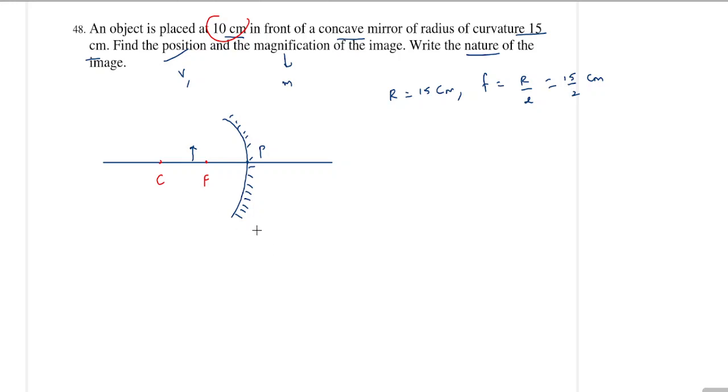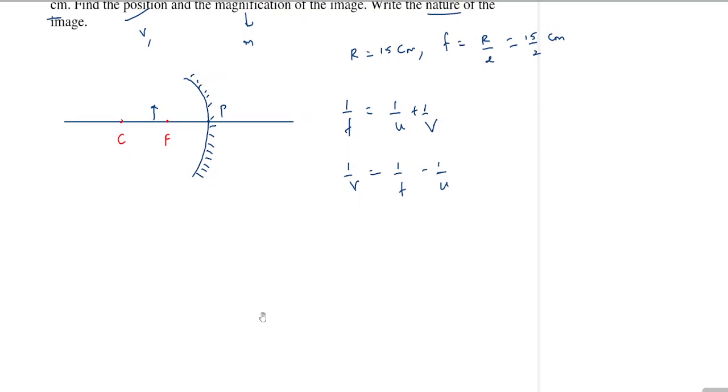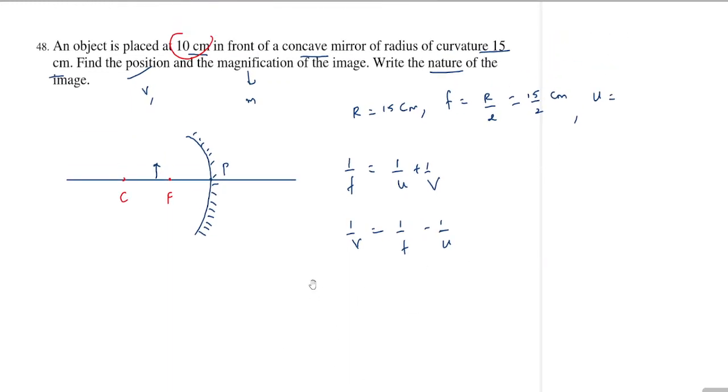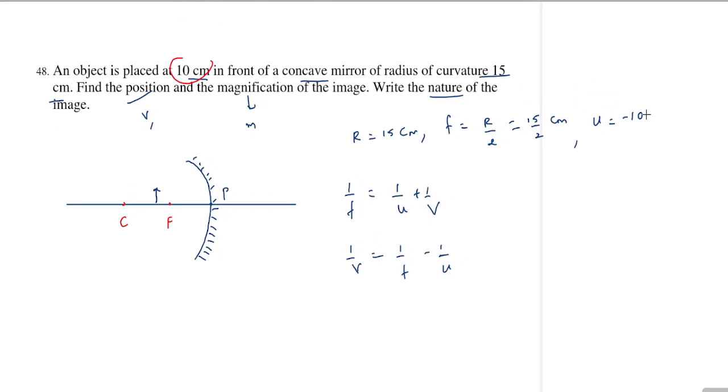So we need to find where the image is formed, and its nature as well as magnification. From the mirror equation, 1/f = 1/u + 1/v, or 1/v = 1/f − 1/u. But keep in mind that in ray optics, using sign convention is very, very important, otherwise the whole answer will go wrong. So by sign convention, u would be −10 centimeter,